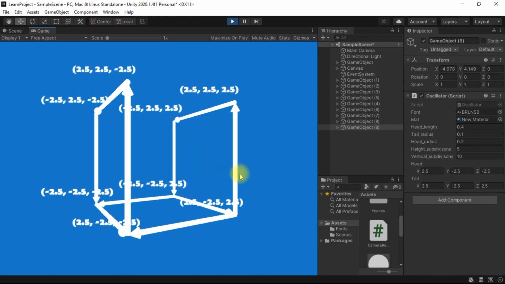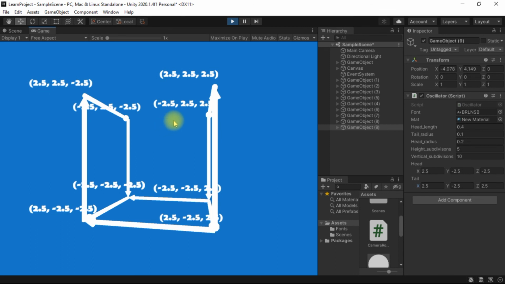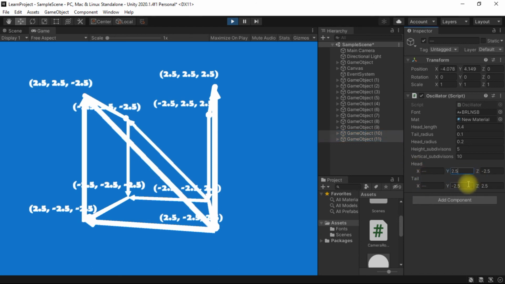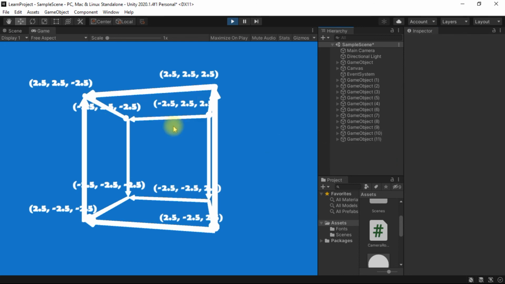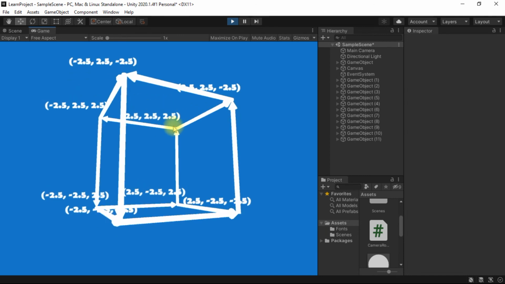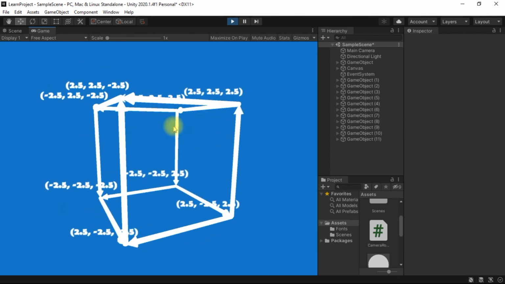Okay, so now you can see that we are left with just 2 more vectors. So let's duplicate this too, and this is the y direction, so we will have to modify the y component, 2.5 and 2.5. So yay, we are done with our cube, right?